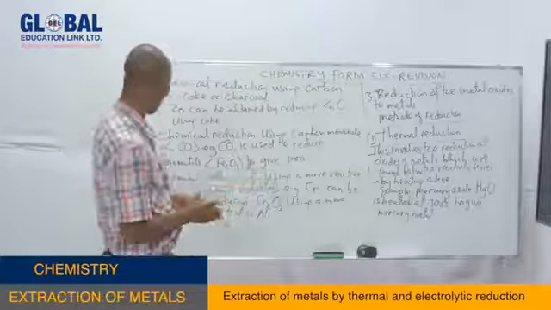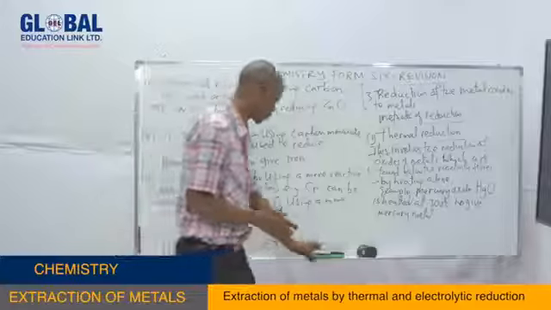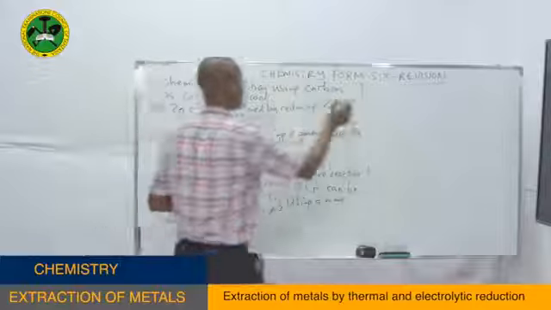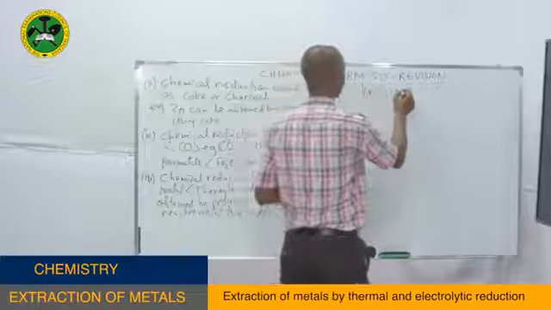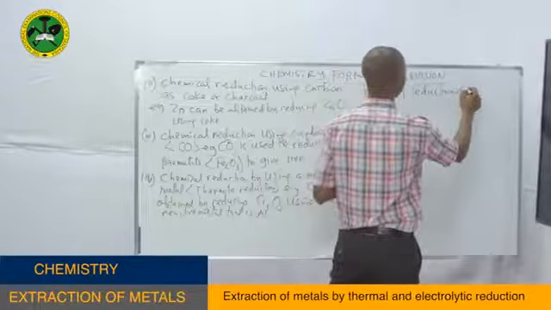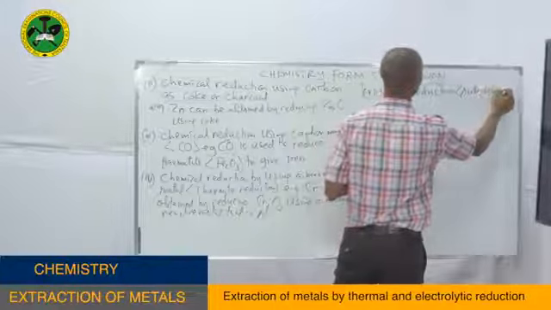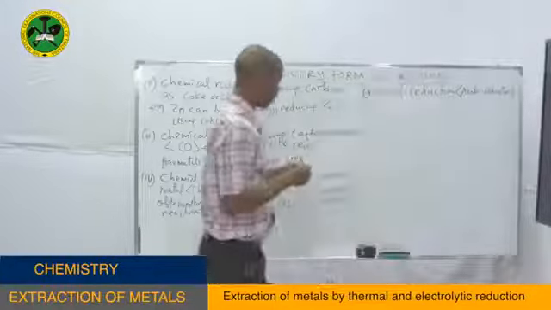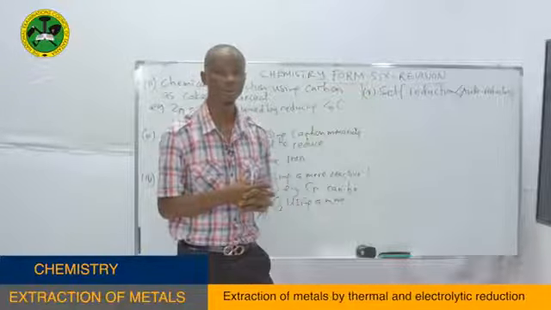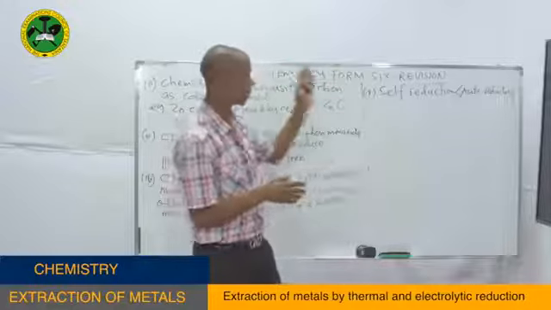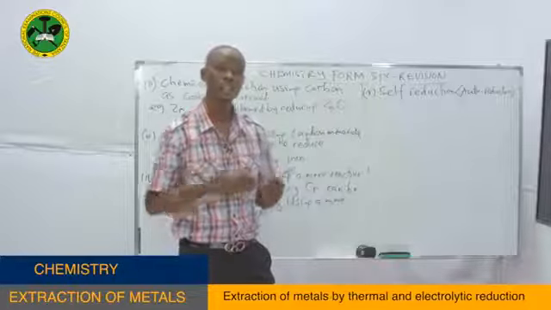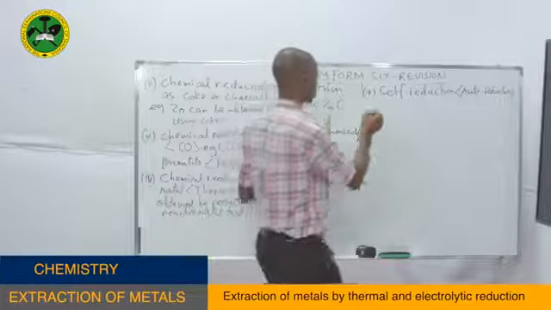Another method that can be used to reduce the metal oxide to metals is self-reduction. This is number 5, self-reduction, or it is called auto-reduction. Now here, this is involved in the reduction of sulfide ores. When the ore is oxidized, it can give the oxide. That oxide can be used to reduce the rest of the ore. For example,